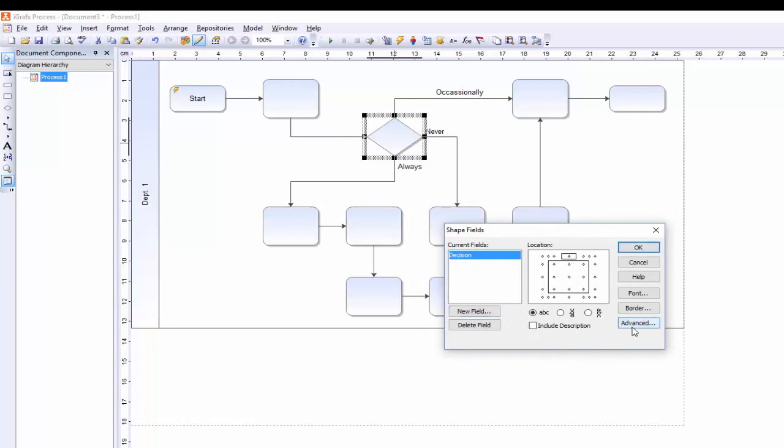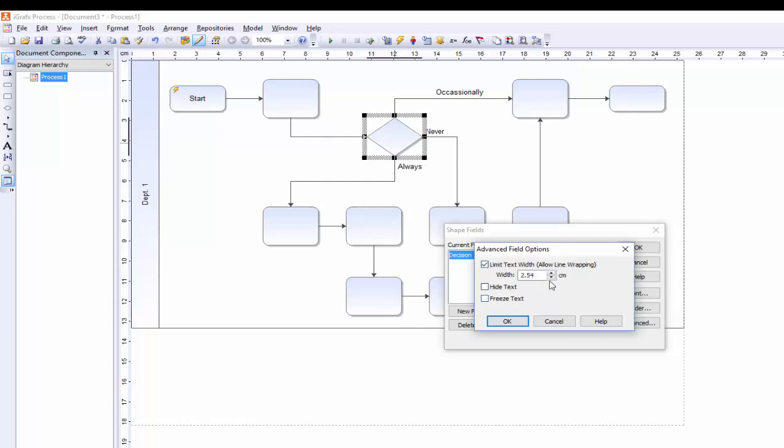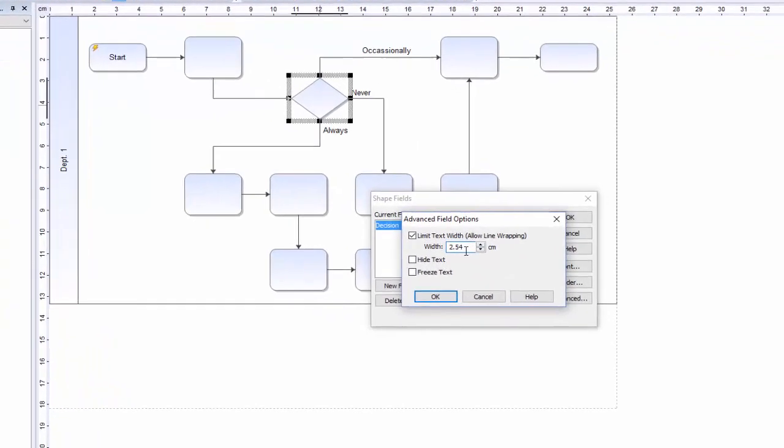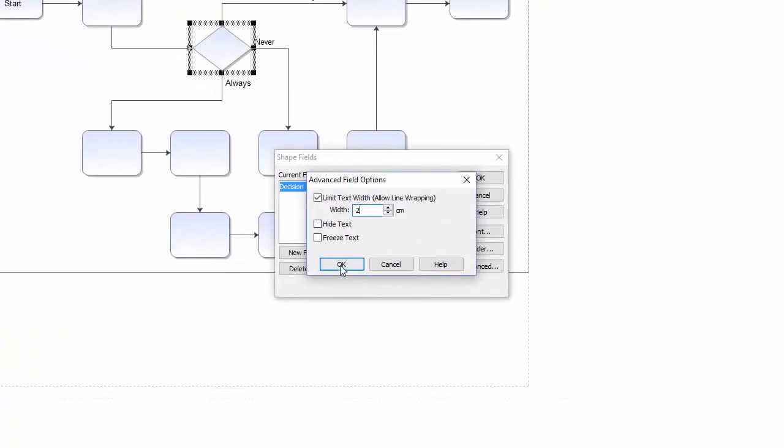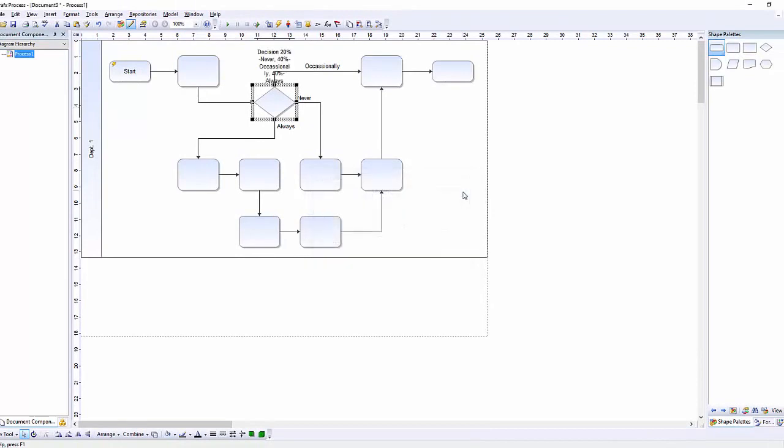Now we can also make sure that the text that is shown has line wrapping enabled, and what we're going to do is we're just going to take that down to 2. Now if we click OK, you'll see the actual output and the data as percentages shown on the process flow. And obviously here we can play and change the actual line wrap measurement if you wish, but what it's showing us is that the decision is 20% never, 40% occasionally